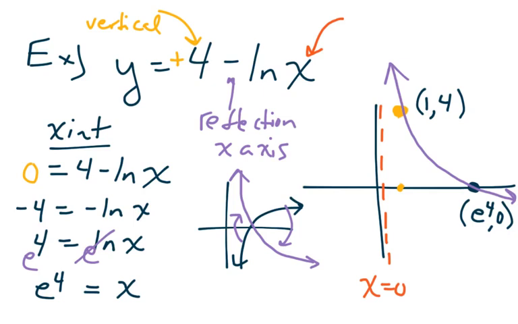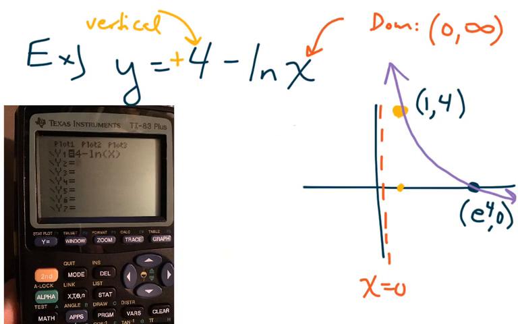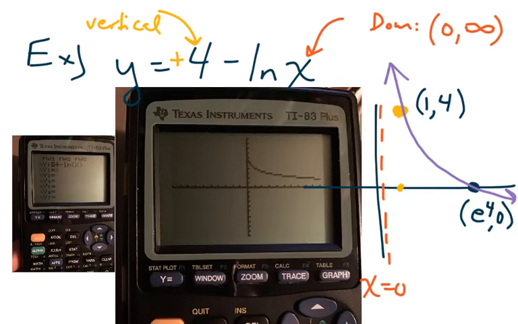Now, I've gotten a little bit sloppy with the domain. Let's put the domain down for this last problem. It's supposed to be pretty easy because even though this thing's been reflected, it still possesses numbers that are to the right of the vertical asymptote, from 0 to infinity. Now, I get it. It can definitely be tempting just to type these in your calculator and kind of make it look like that you understand a log graph. I don't want you to just type them in the calculator, but I would like you to know what your calculator shows you. So if you graph 4 minus the ln of x, you certainly will see the graph,